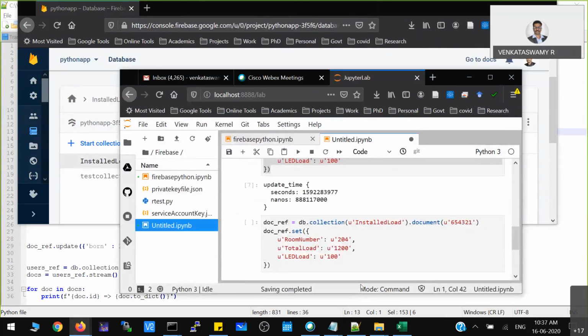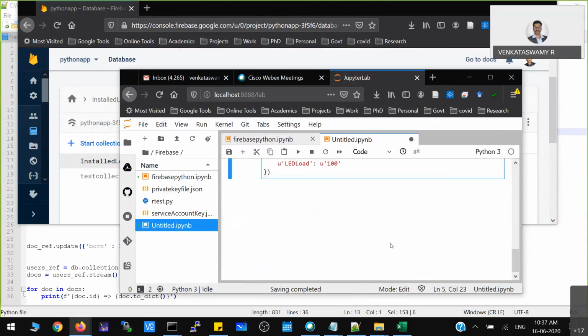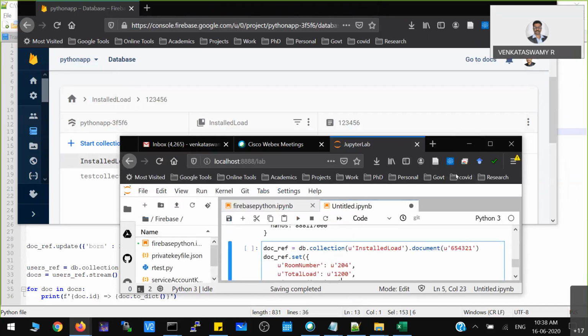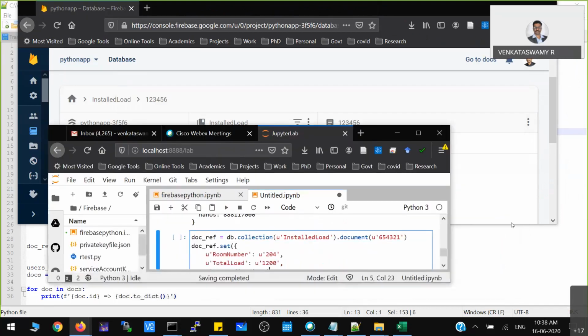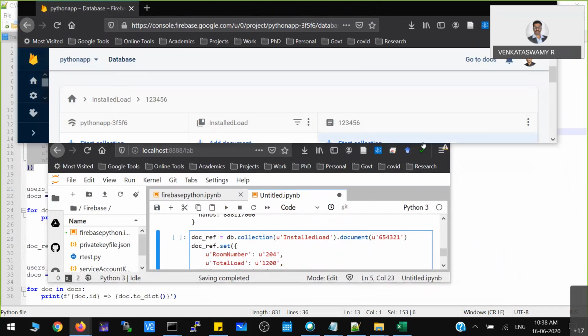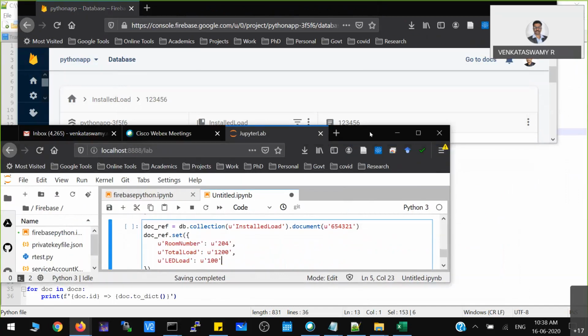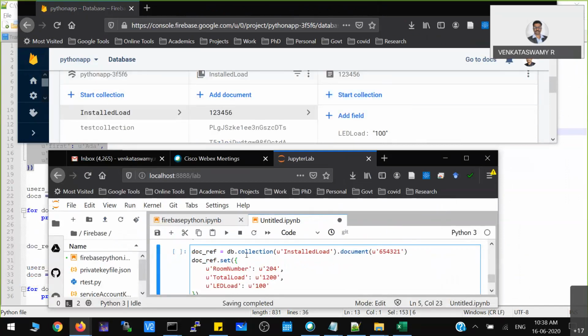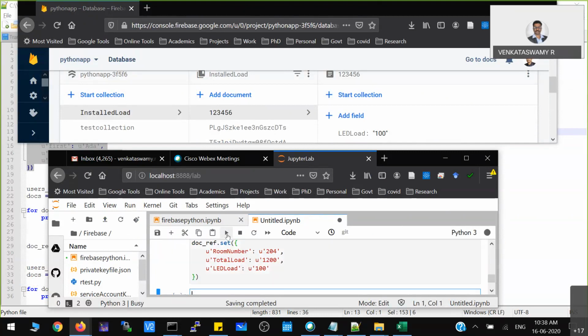I just want to keep it side by side so that you can see the reflection. So you see here, I'm just keeping that program, and I'm just clicking on the run button.